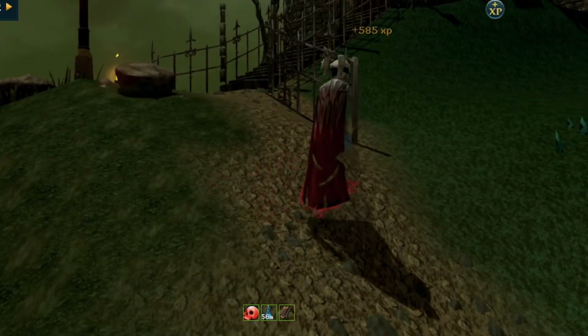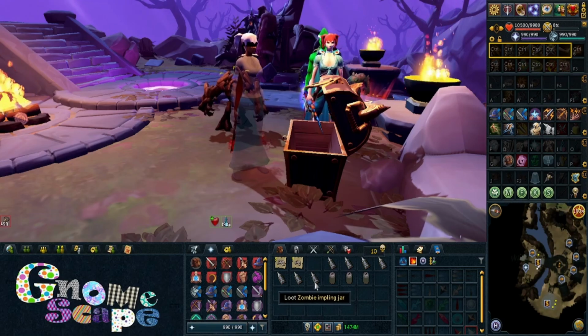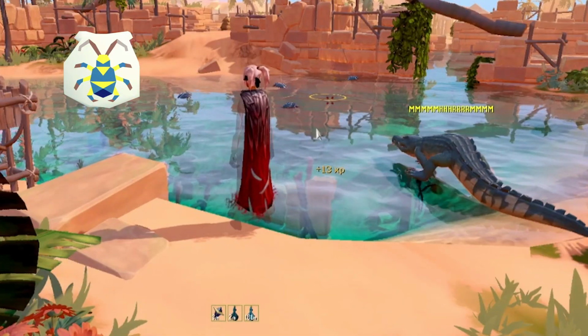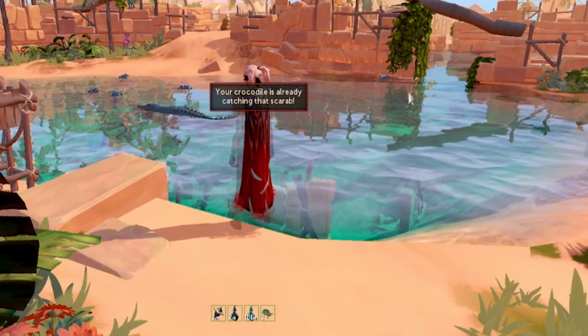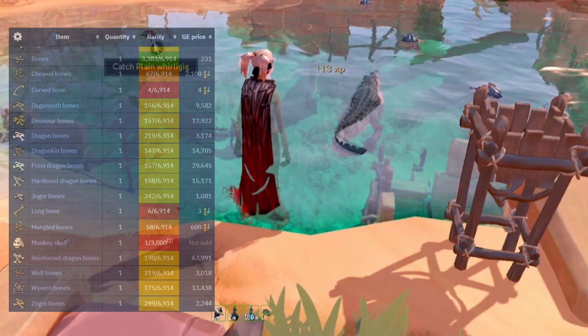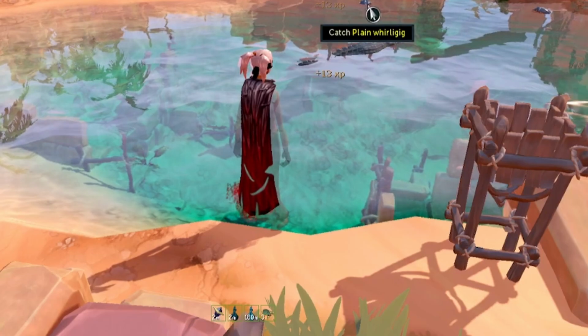And I've looked into other ways of getting it, which is buying the impling jars, but when I've done the maths on that, you're looking at having to spend 400 million. No chance was that happening. But there is now a new method, thanks to the Hets Oasis and a new familiar that can be built, the Holy Scarab familiar, and the scrolls it has. You have the same chance of getting the monkey skull from that method as from the implings. It's a 1 in 3,000 chance, but it's much cheaper to do,